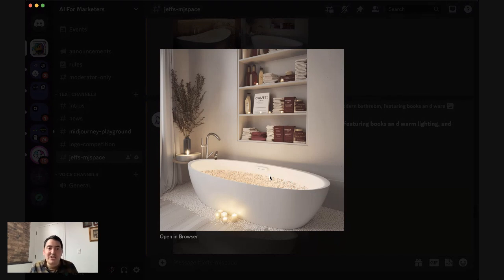That's something that you could do inside of prompting. In the last class, we talked about weighting. If you haven't seen that, basically it's a way for you to take specific parts of your prompt and say that this is more important than the others. So using weighting is a really great way for you to make sure that you're getting the attributes that you want. For example, the bubble bath that we were expecting inside of this tub.